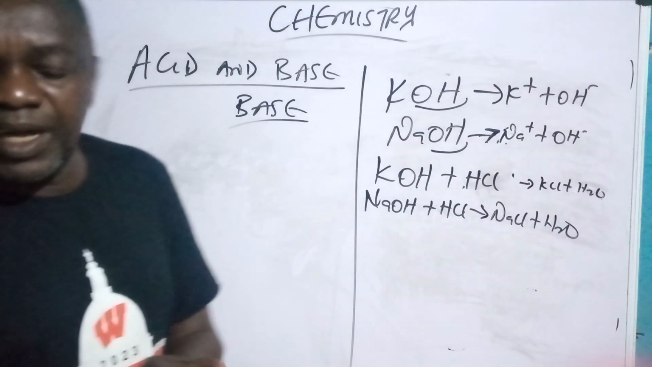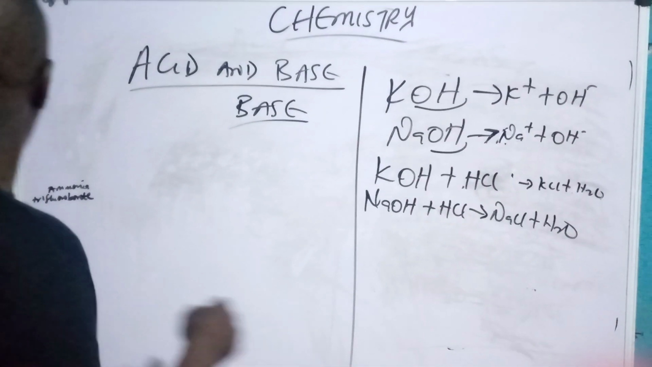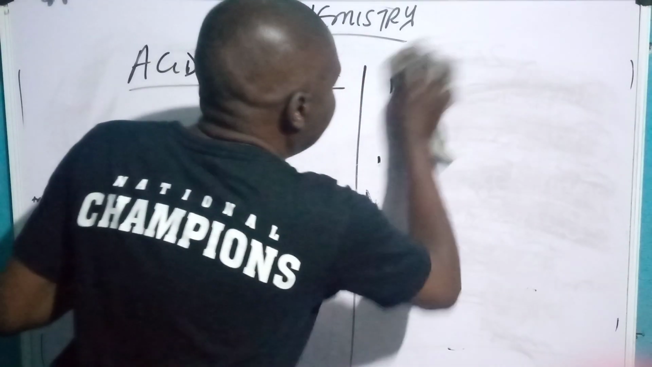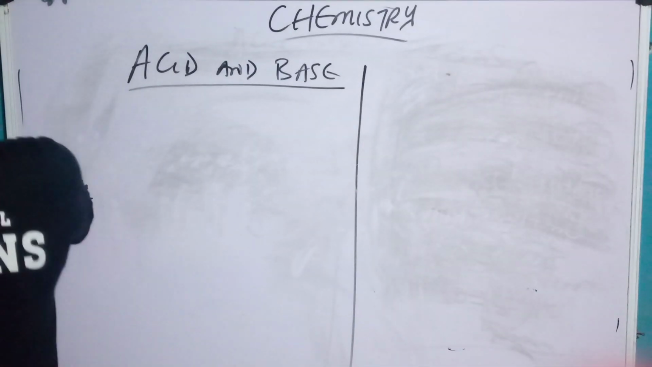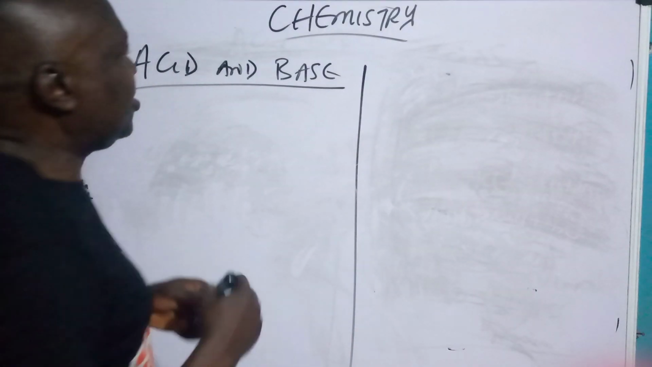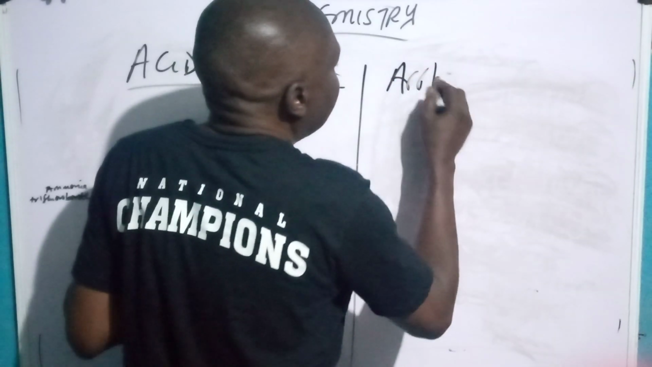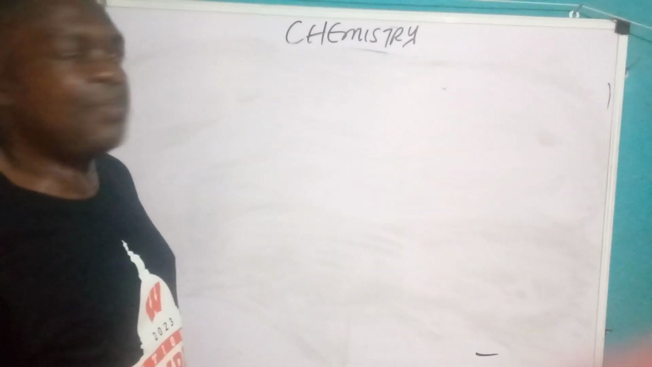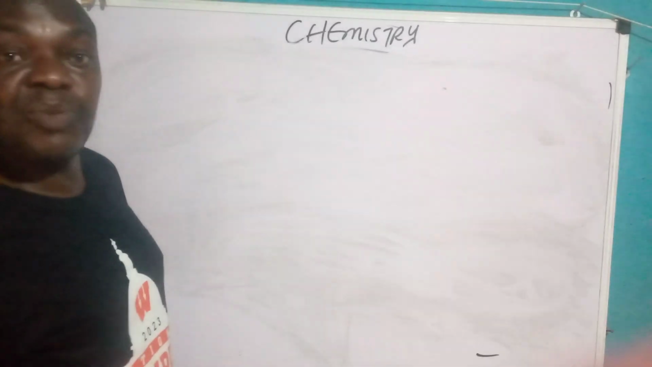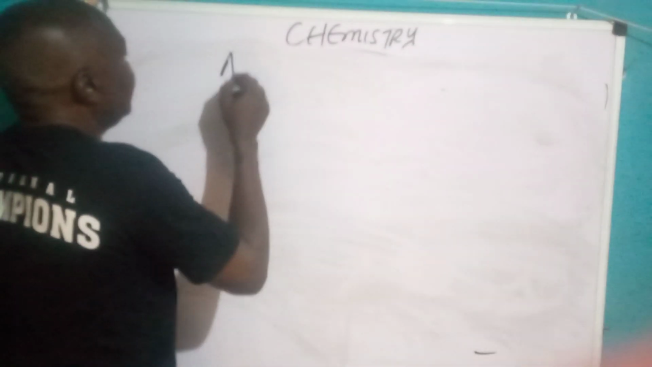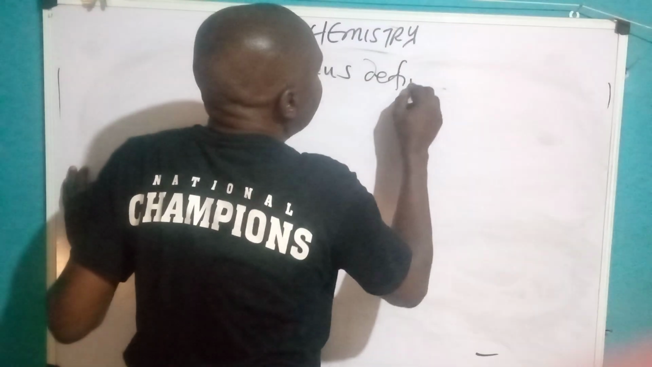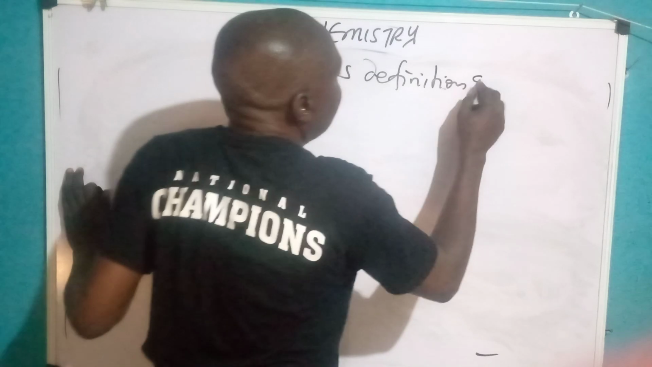Now, there are several definitions of base based on several authorities in the field of chemistry. The first one we are going to talk about is Arrhenius. Like I said, there are so many authorities that gave their various definitions of acids and bases. Notable among them is Arrhenius. Arrhenius' definition of acid